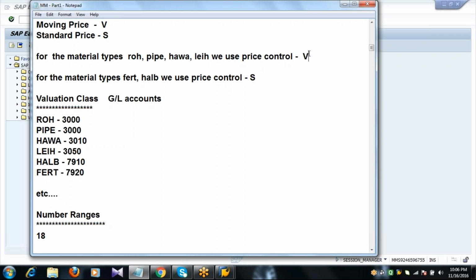It will keep on moving. So materials belonging to these material types will have price control V. And for the material types finished and semi-finished, the price control is S. It's a finished material, a standard price.